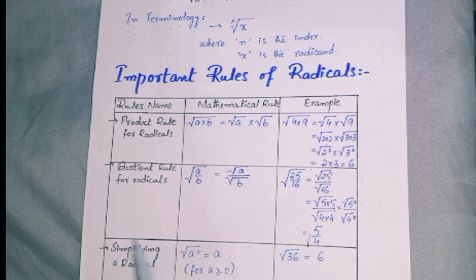Okay, now looking at the third rule, it is simplifying a radical. Simplifying a radical in which form? As you already know, I have already told you that if you have a square root and it has a square on the variable, you can simply cancel out and you will get the answer a. Okay, for suppose you have 3 here, it means it is a cube root. And if you have a into cube, so it will be a.